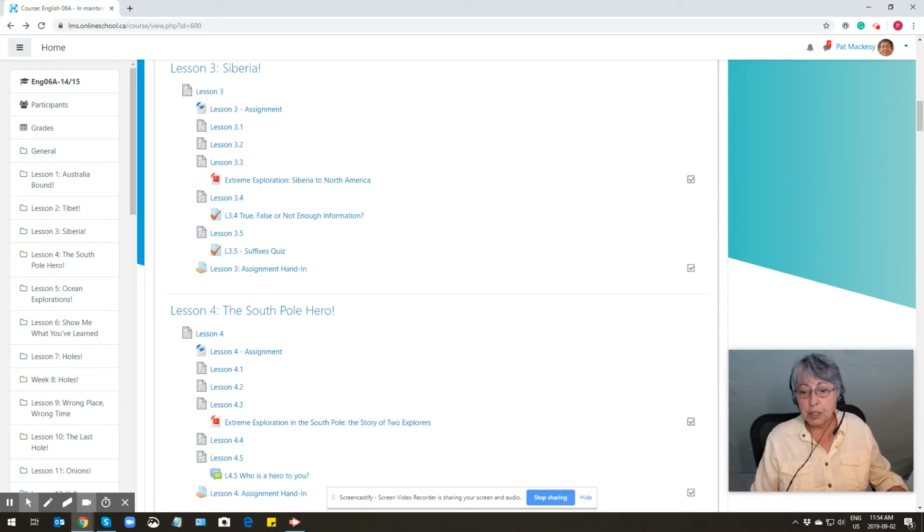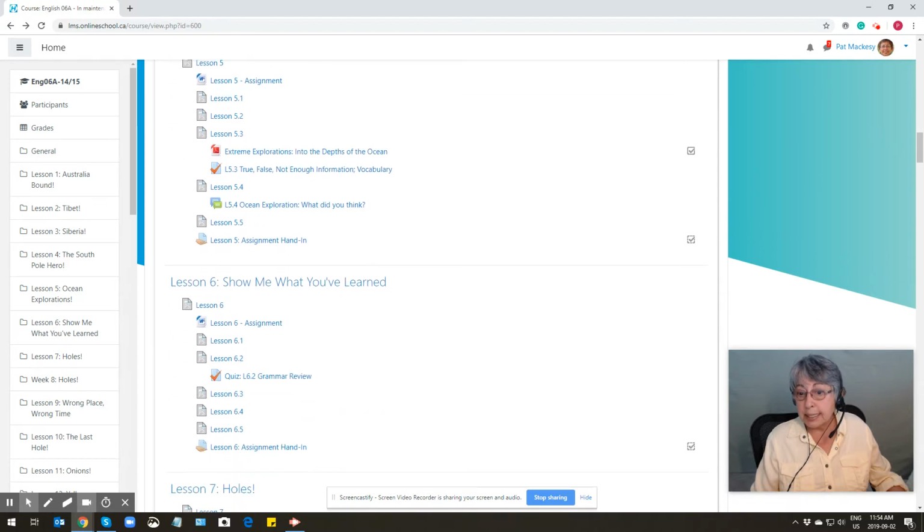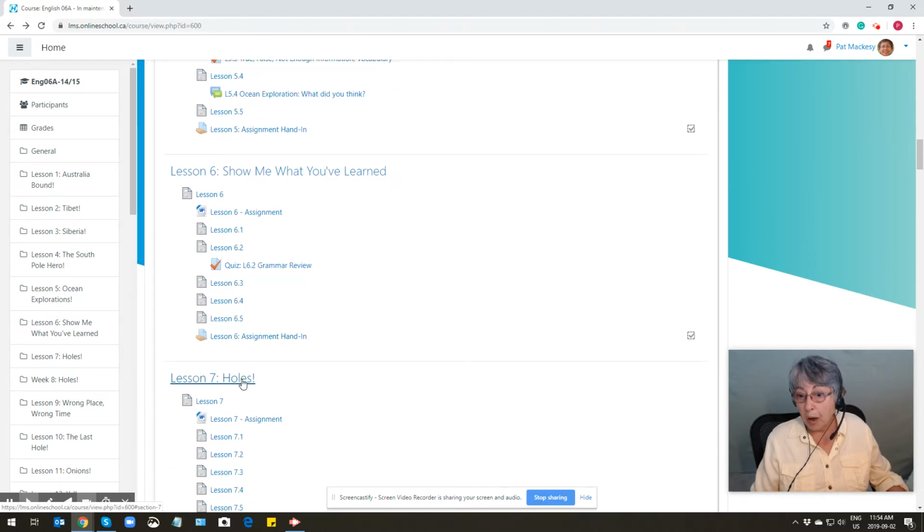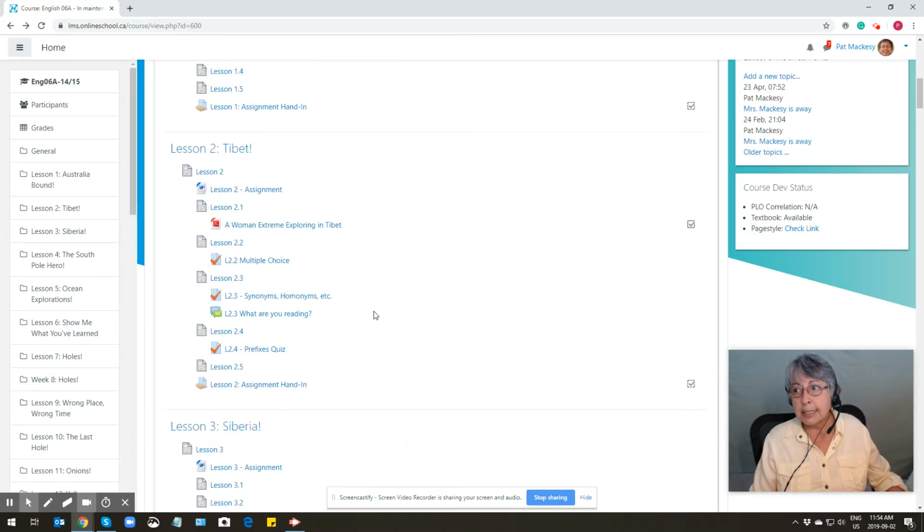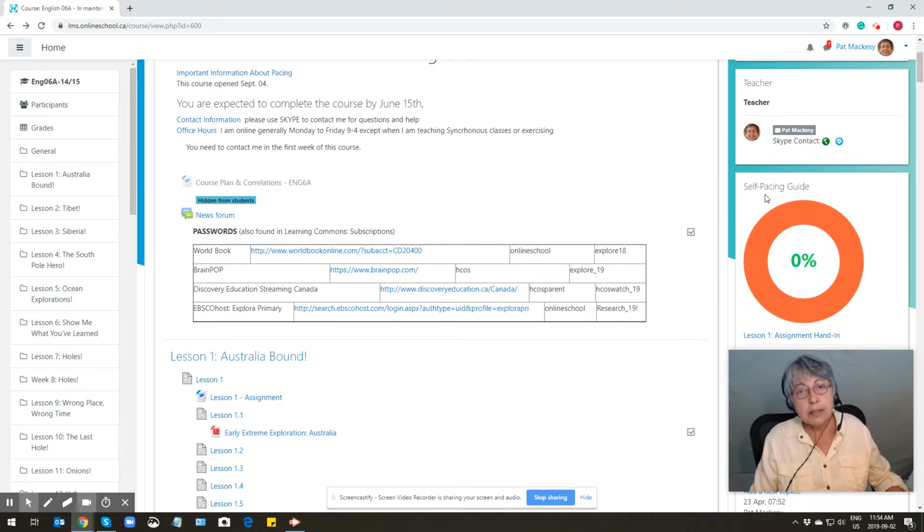We're going to go through the course. By the time we get to lesson 7, you will need to make sure you've bought the novel Holes by Louis Sachar so you're all ready to go. The final thing I want you to know is that there is a scheduler. This is a self-pacing guide that helps us keep on track, and I would like to set that with you